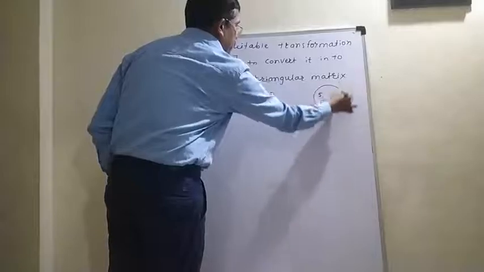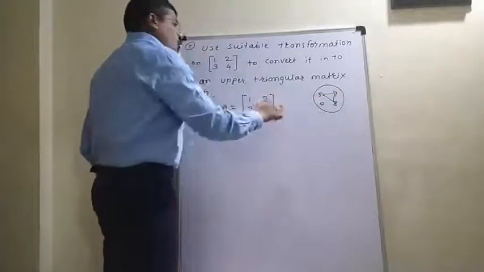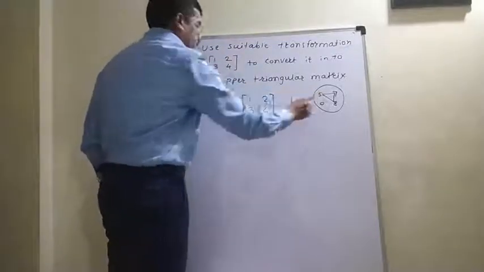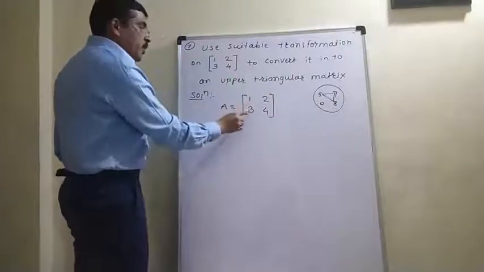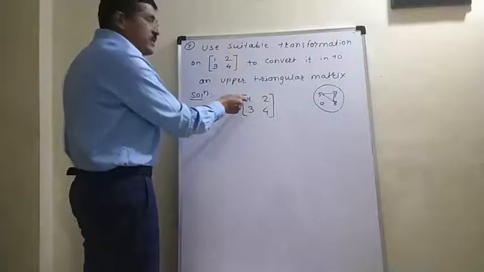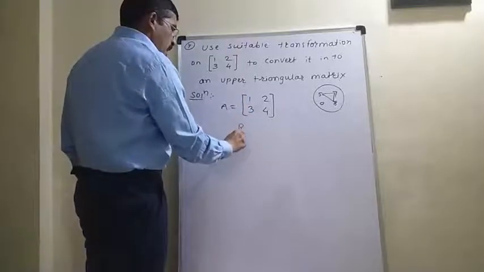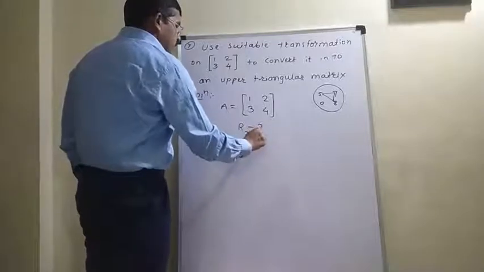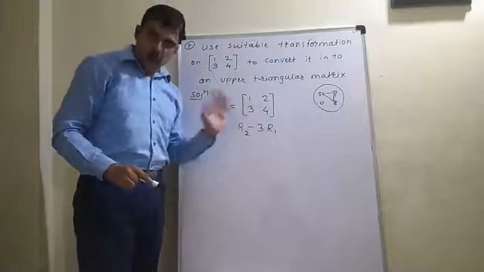This is one example of an upper triangular matrix. It means you have to convert this matrix like that matrix, not exactly 5, 7 and 8 like that. Let us see. In order to get 0 in place of 3, this one will support us, so that we are directly performing R2 minus 3R1.